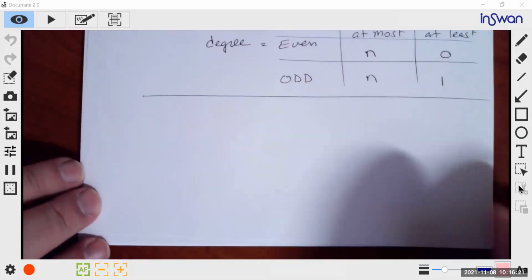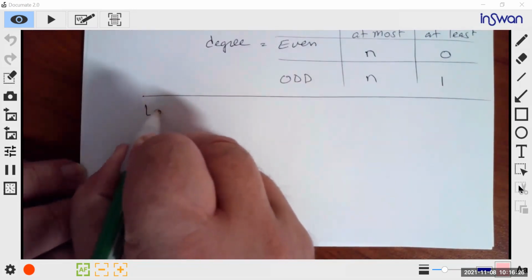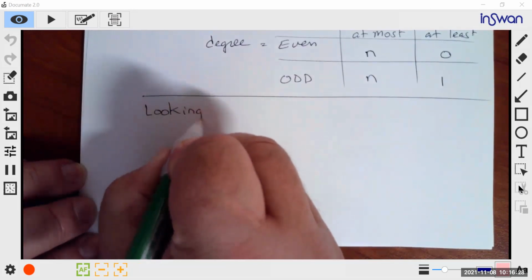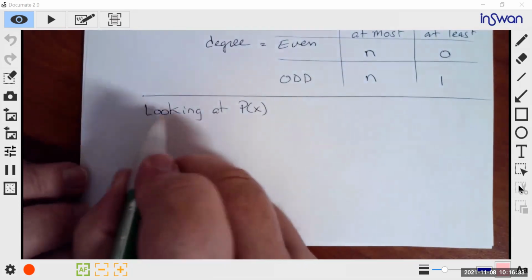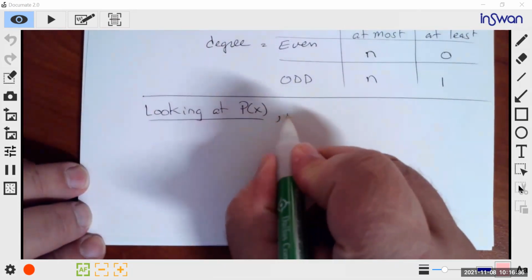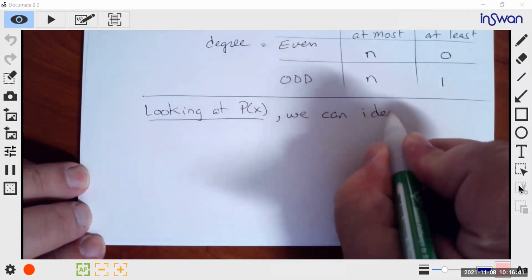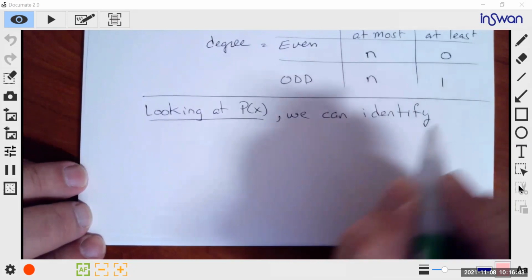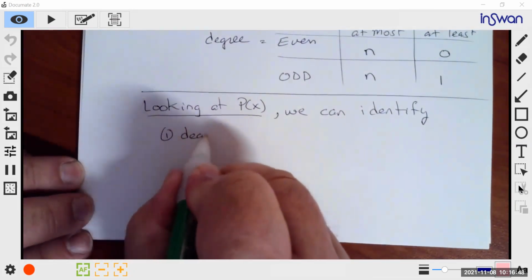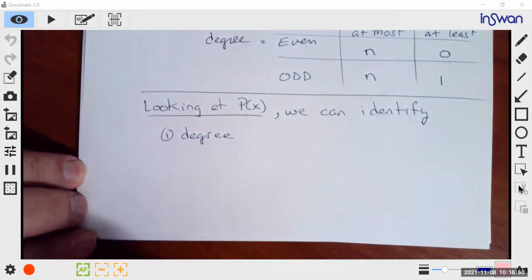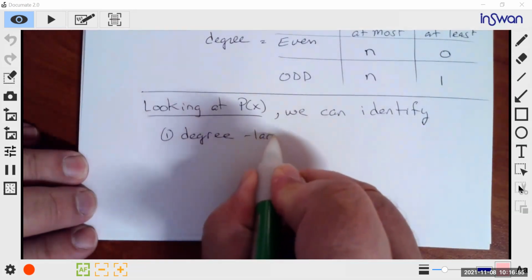So looking at a polynomial p of x, we can identify the degree, that's the largest exponent,